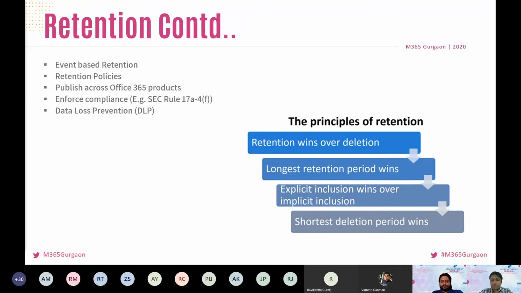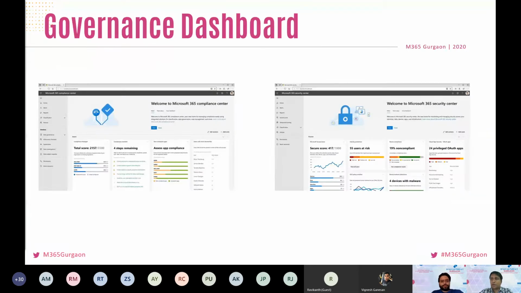Okay, thanks, Sashant. So a lot of people are asking about demos. Yes, we will have a demo just after this governance dashboard discussion, and then we will move on to the demo of things like retention labels and policies that Sam just talked about. And then we will discuss e-discovery and audit log, and then we have a demo for that.